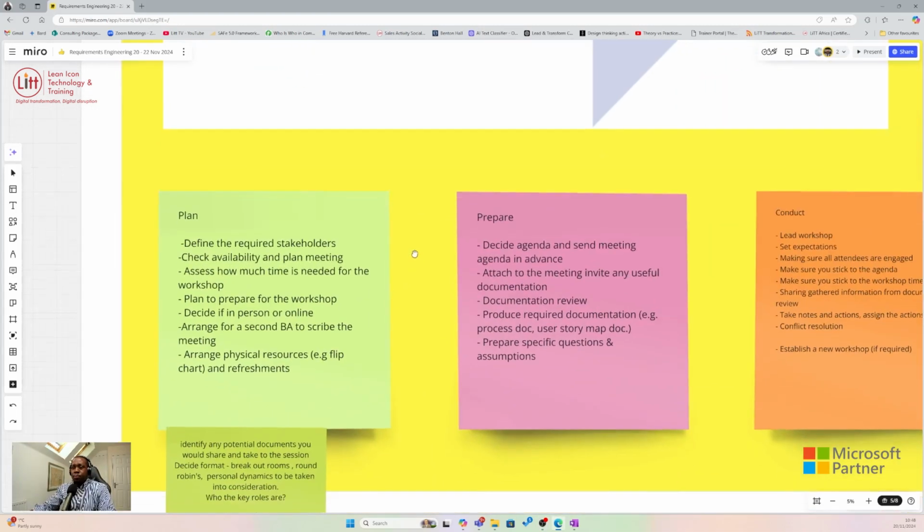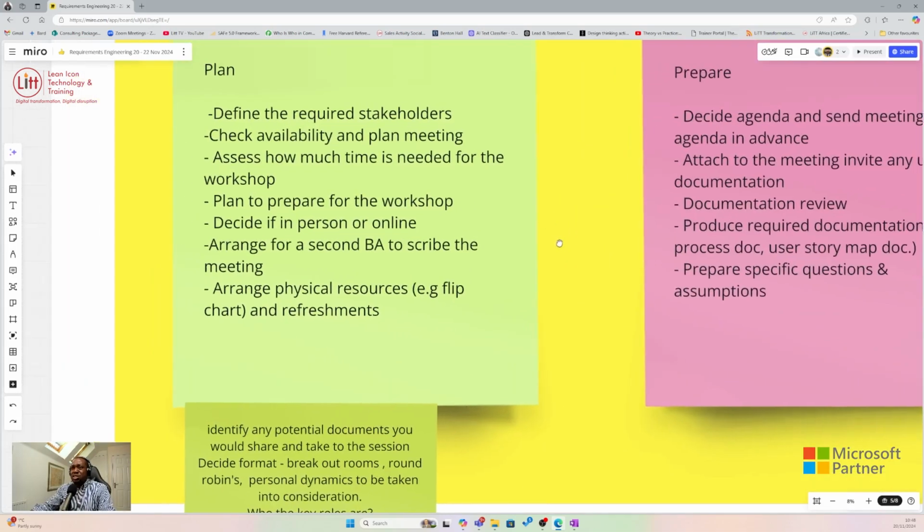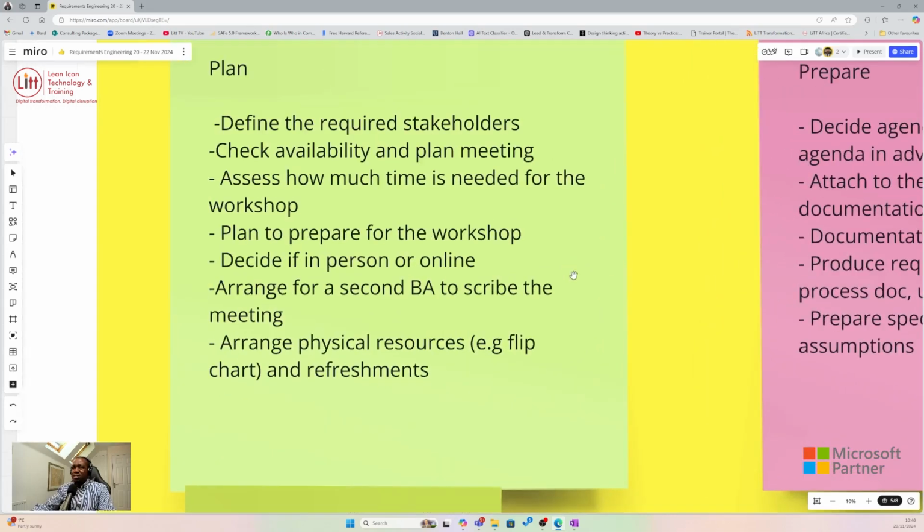Planning for the workshop. In terms of planning for the workshop, you want to identify your potential stakeholders that would attend the workshop. And whilst you've identified the potential stakeholders, it takes us into the realm of stakeholder engagement. We want to identify the stakeholders. We want to analyze the stakeholders with an interest and power grid so we know how much interest and how much power